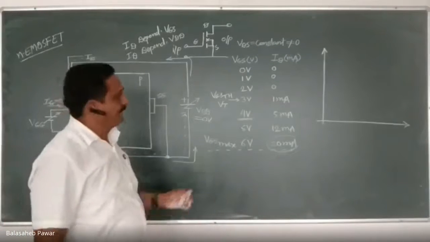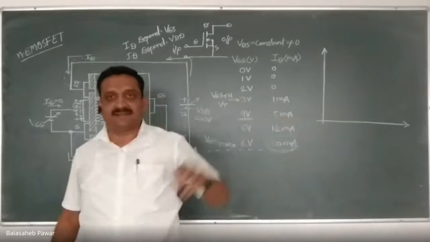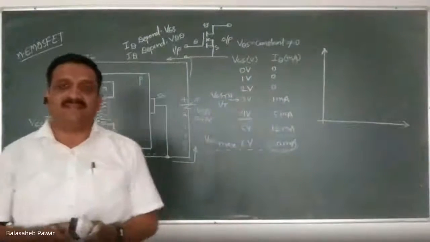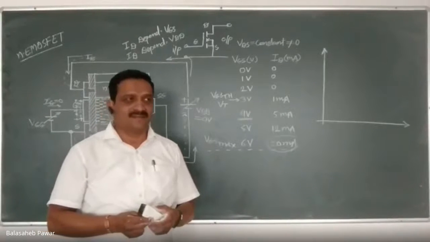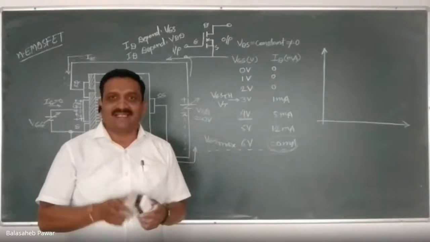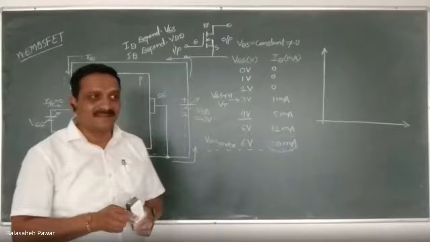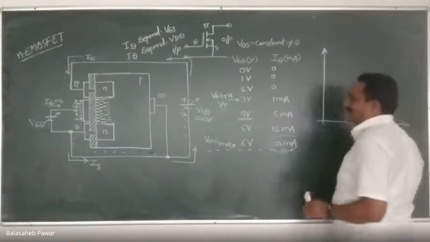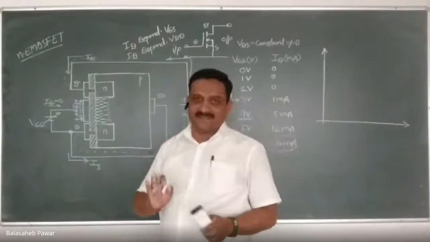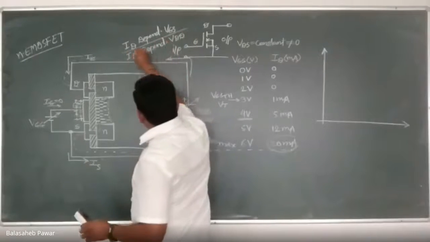So on the x-axis, what should I take? Is the x-axis dependent or independent? Don't know? Is the x-axis the dependent axis or independent axis? Independent. It is not like that. Remember, on the x-axis, whatever parameter you take should be the independent parameter. So here, you already gave the answer. Is it visible and audible properly?